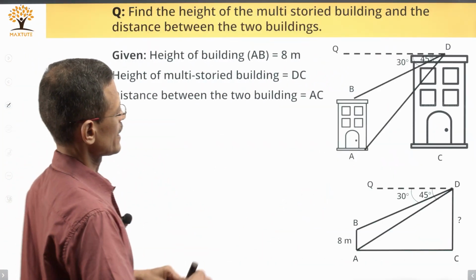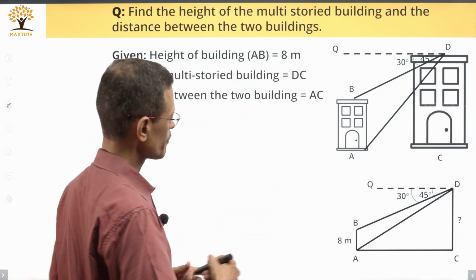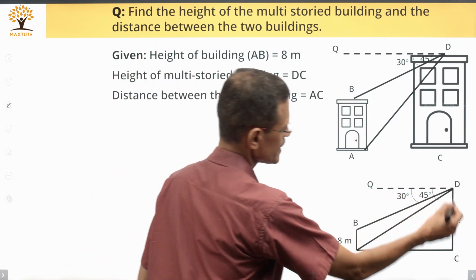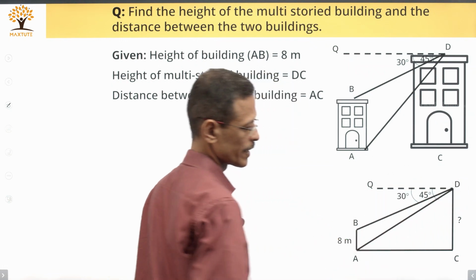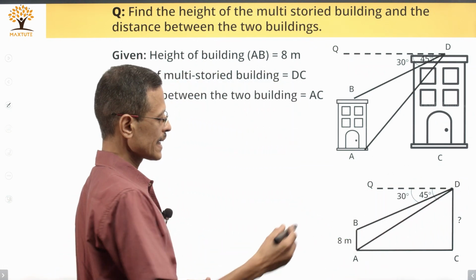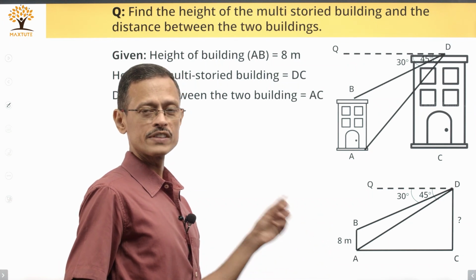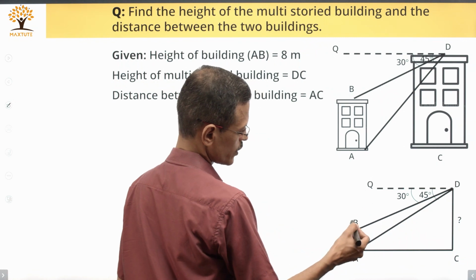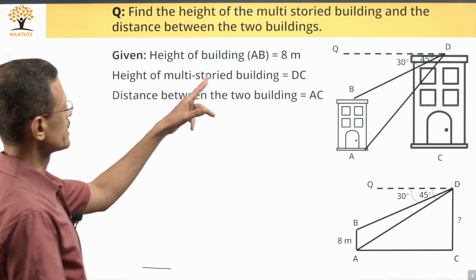Here is a schematic that we have. This is the image that is given, but let's look at this diagram, which is going to be more meaningful. AB is the 8-meter tall building. DC is the multi-storied building. From the top of the multi-storied building, which is at D, we are looking at the top and bottom points B and A respectively of the 8-meter tall building. The angles of depression respectively are 30 degrees for the top and 45 degrees for the bottom of this 8-meter tall building. So, these are the data which is given.